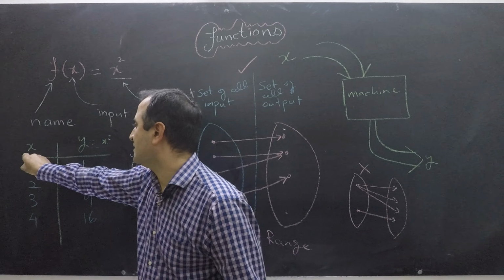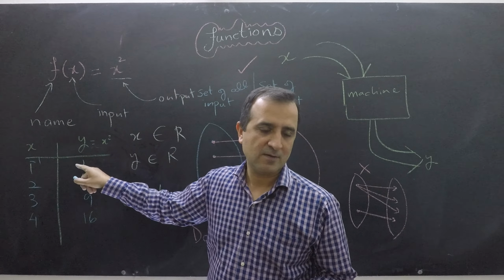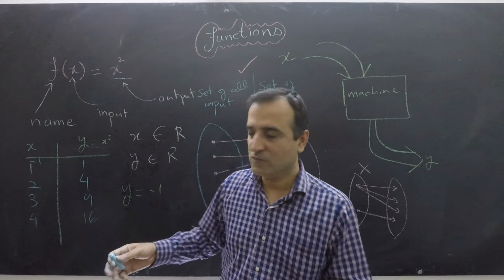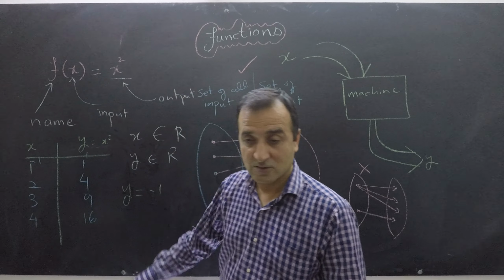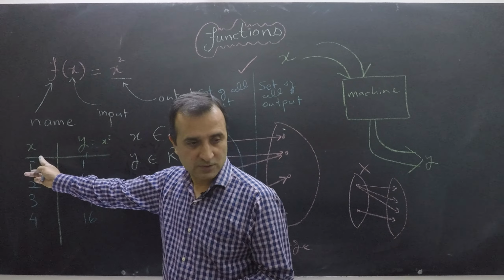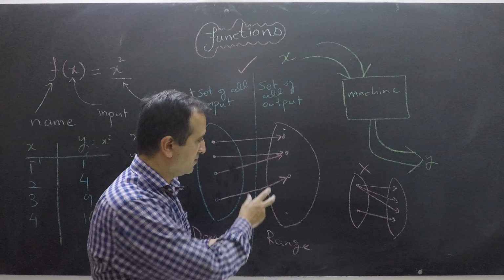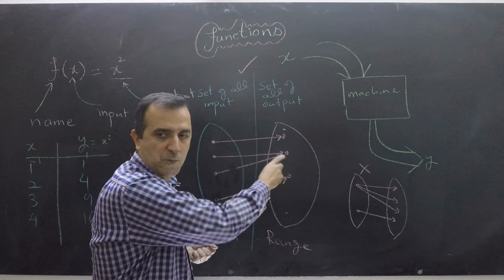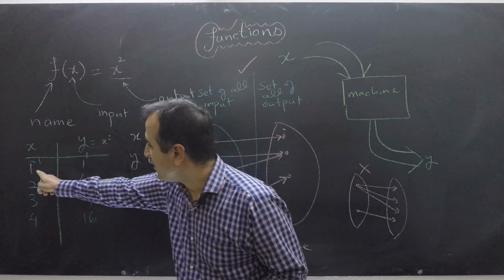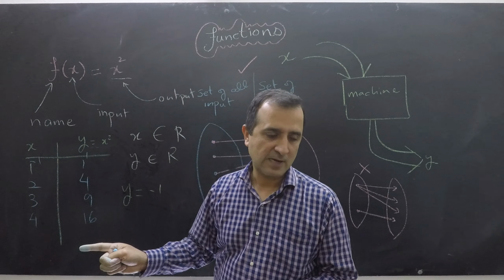So if my input is -1, let's say -1, what will be the output? -1 square is, because minus times minus will be plus, +1. So once again the output is 1. So is this a valid function, or not? Because for two different inputs, it is producing the same output, and this is allowed. Two different inputs, same output is totally allowed. But what is not allowed is that for every input there must be a unique output, otherwise it is not a